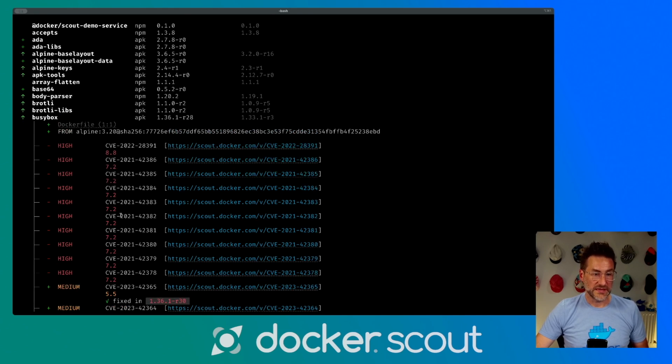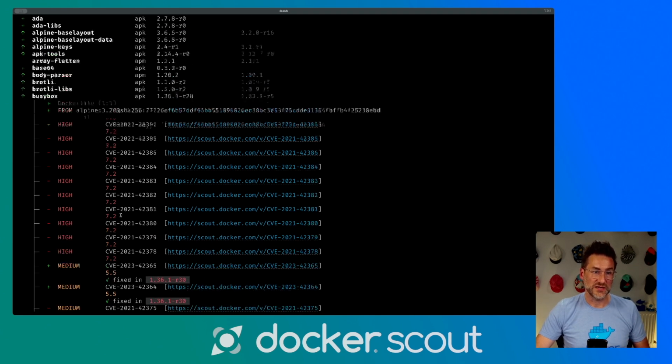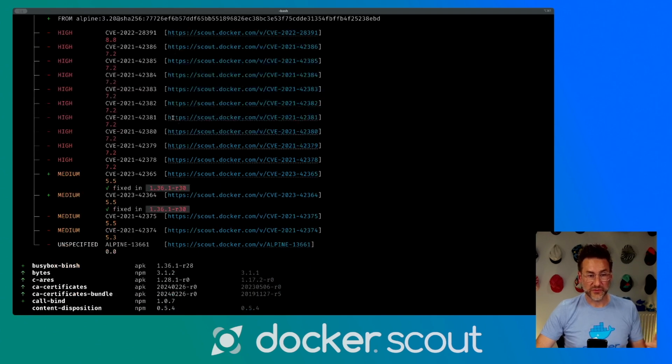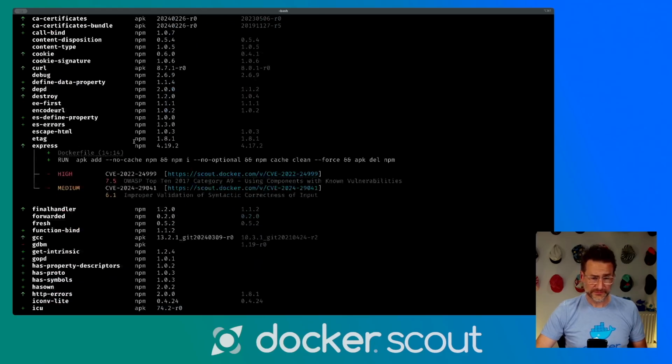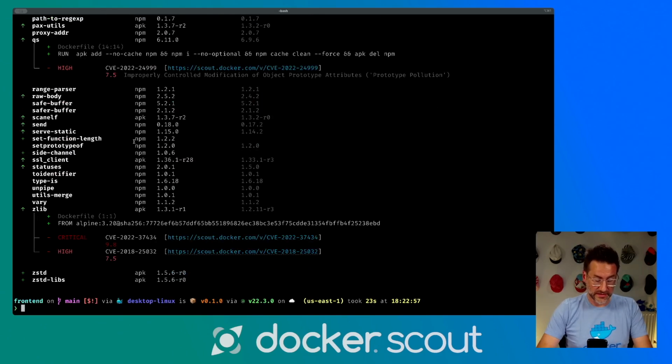And if you're really interested in the nitty-gritty details, remember the SBOM at the beginning of the presentation. You can take a look at each individual package and how it was changed. For example, we upgraded BusyBox from 1.3.3 to 1.3.6. With that, we fixed quite a few vulnerabilities. So at this point, I'm fairly confident that if we push this up into Git, we end up with a much better image. So let's create a new